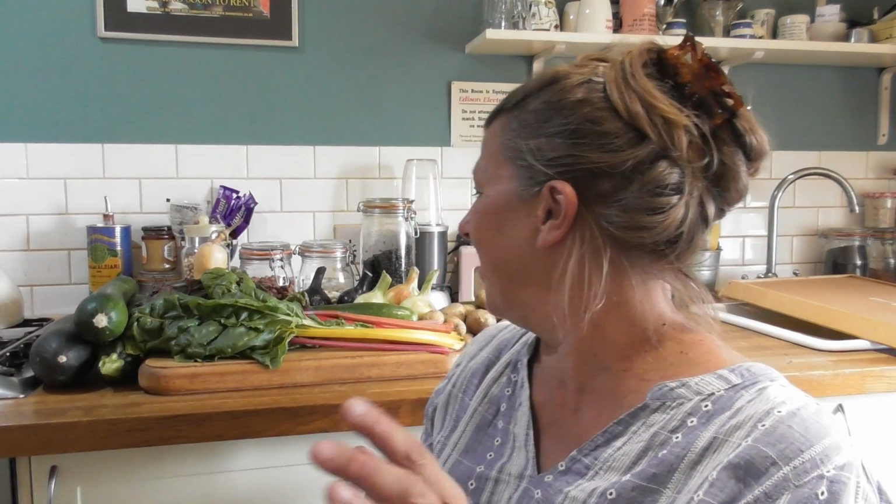Don't you love the beauty of a red onion? I mean, that's like a precious jewel, isn't it? I'm sure I've said this before, but seriously, I would wear that in my tiara. If I ever got married and had a wedding tiara, it'd be full of red onions because they're so gorgeous. So yes, potatoes, broad beans, red onion, really simple salad,